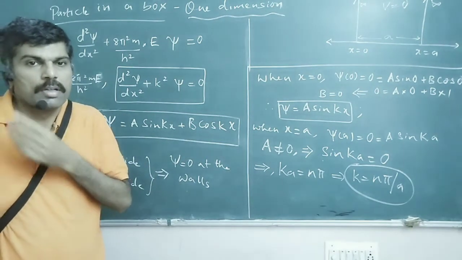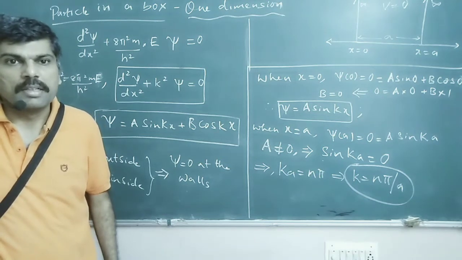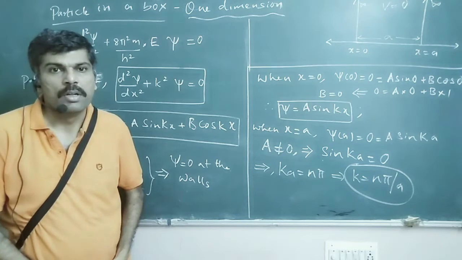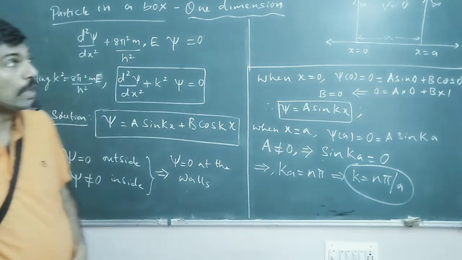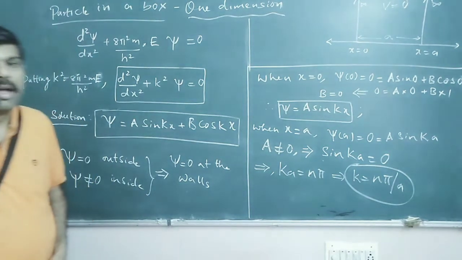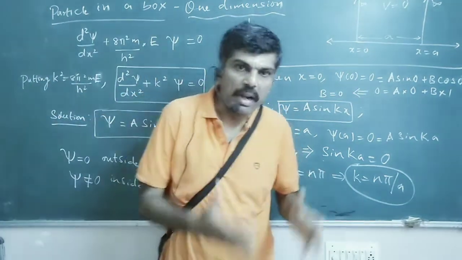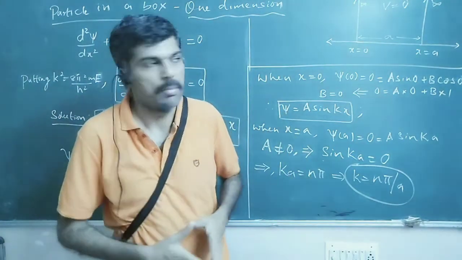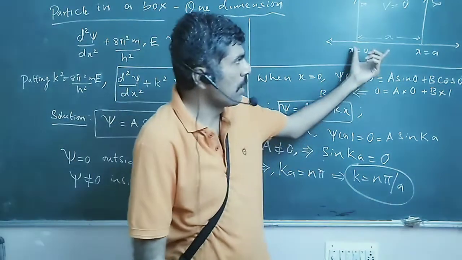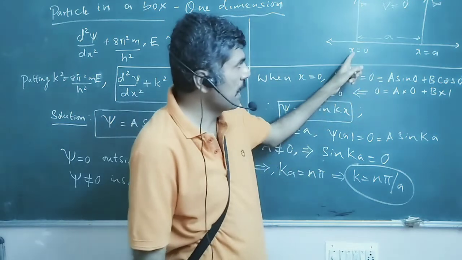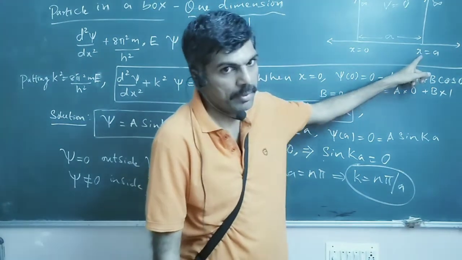In the present video, we will be considering the application of the very famous Schrodinger equation to a particle in a one-dimensional box. Let me explain to you what is the meaning of a particle confined to a one-dimensional box. Imagine there is a box. Imagine that we have put two walls, one at x equal to 0 and x equal to a,